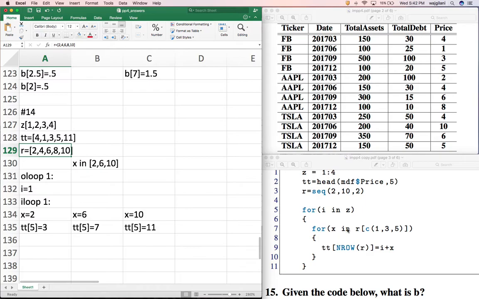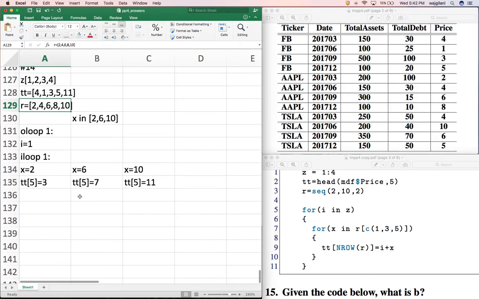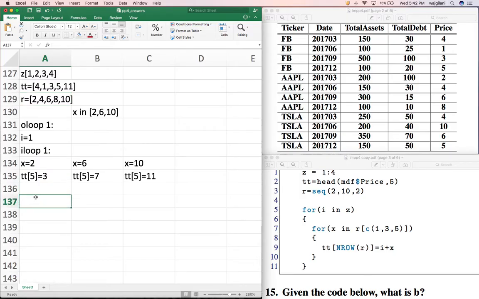Excellent. Now x is done with traversing the inner loop. And now we go down here. So we finally exit out of the inner loop. We come here to the outer loop. And the outer loop asks I, hey I, are you done with z? And I says, not even close. All right, so now we finally go to the second outer loop